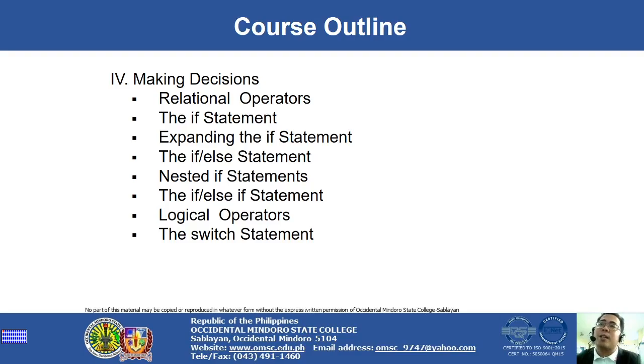So, ang nandoon, we have the relational operators. Ano yung relationship? We have the less than, greater than, so on and so forth. We have the if statement, expanding the if statement. Sa loob ng if, meron pang if. Kung ulit, kung. K-U-N-G. What else? The if else. Kapag sinabi nating if else, meron tayong dalawang choices. Kung hindi siya nag-yes doon sa unang choice, di magpo-false siya doon sa isang choice. We have the yes statement and the negative statement or the no statement.